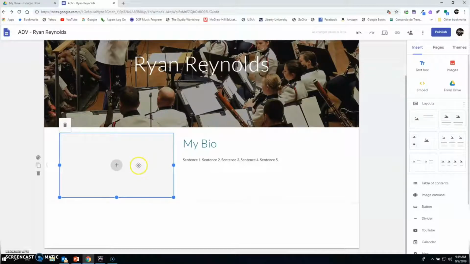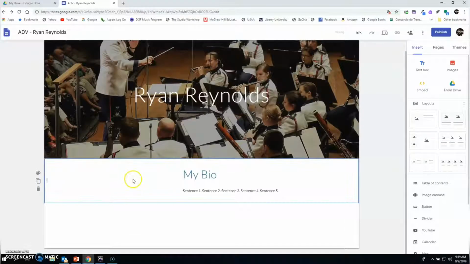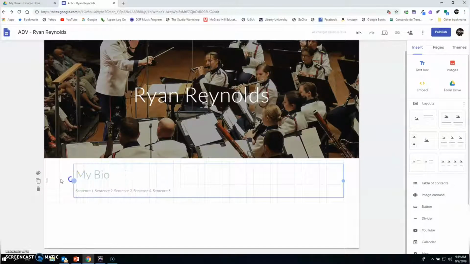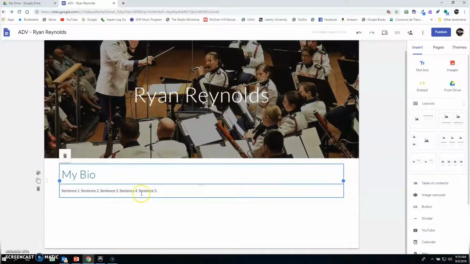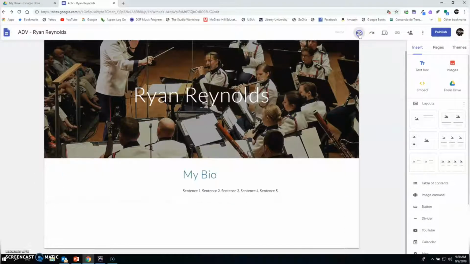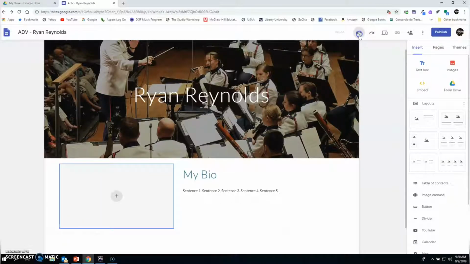If you don't want a photo, then you can just simply delete it, but then you need to reshape everything, so that it doesn't look wonky with a big fat empty space off to the side. There is an undo button, so anytime that you make a mistake, you can just undo it and it'll